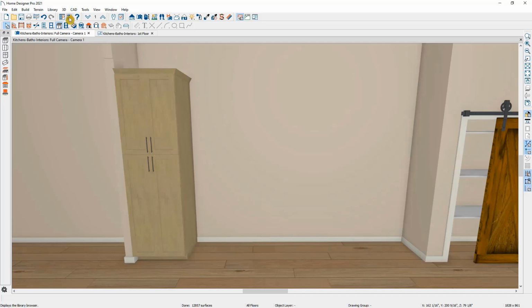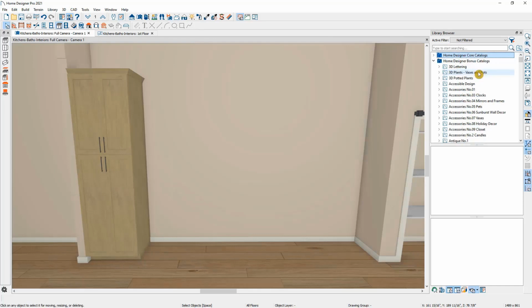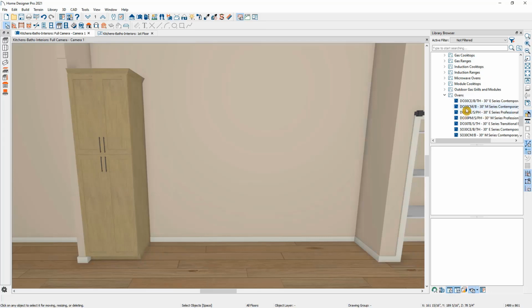and then next I'm going to add that double wall oven, and to do that we're going to open up our library browser. And let's actually collapse our core catalogs by right-clicking on it and selecting collapse all, and then we'll do the same thing with the bonus catalogs. And then in our manufacturer catalogs, we're going to go down to our Wolf manufacturer, Wolf Cooking. You can download these directly from our website over at homedesignersoftware.com. But I'm going to go down to wall ovens,